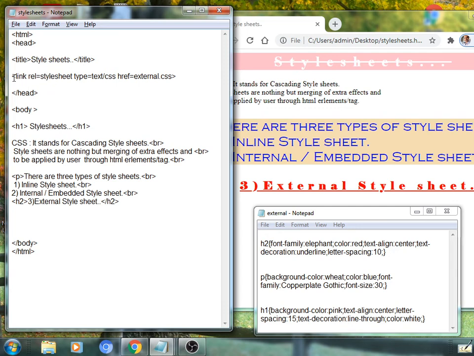See here, link rel equal to stylesheet, type equal to text/css, and href equal to external.css. It establishes a relation between external.css and stylesheets.html, and their relation is of what? A style sheet. Such a style sheet is made up of text/css.